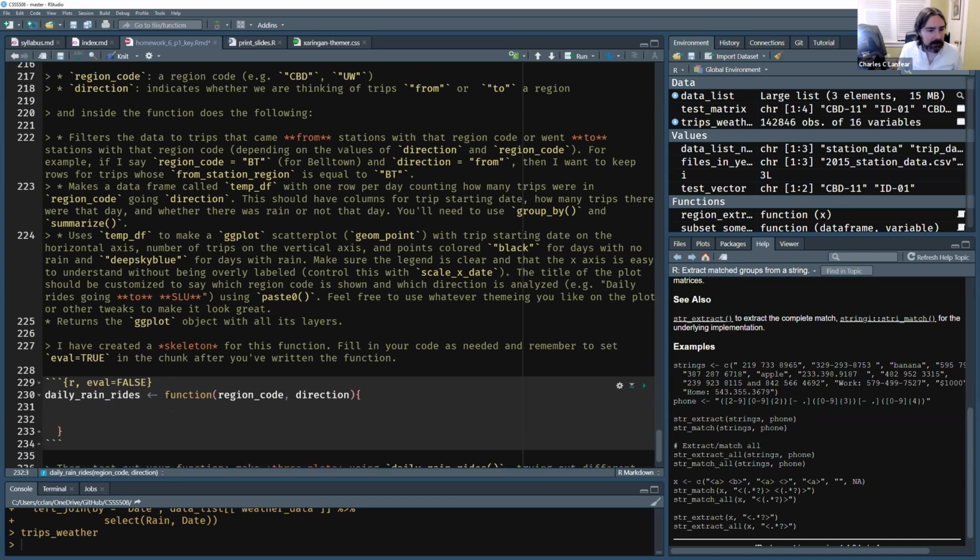So how about, let's get an example. Actually, I don't need an example. So what we're going to do is we're going to make this function. It's called daily rain rides. It takes a region code and it takes a direction. Okay. So let's say